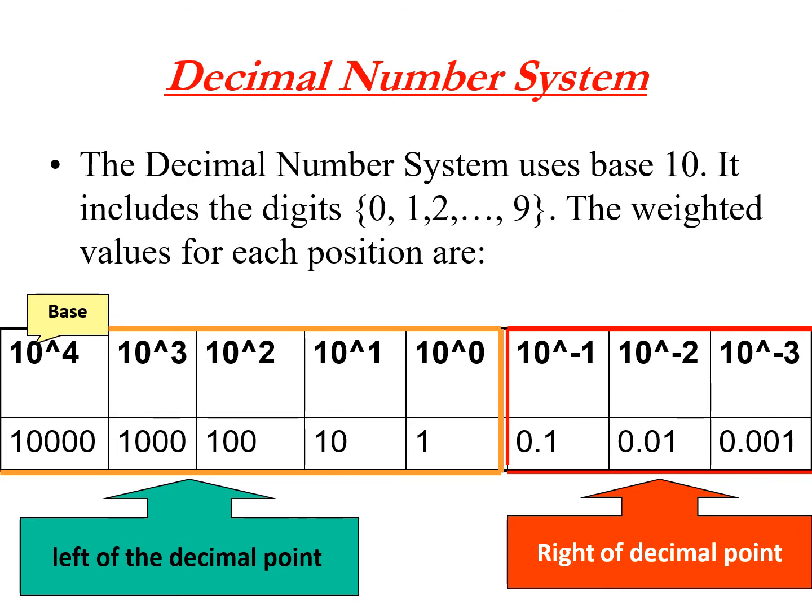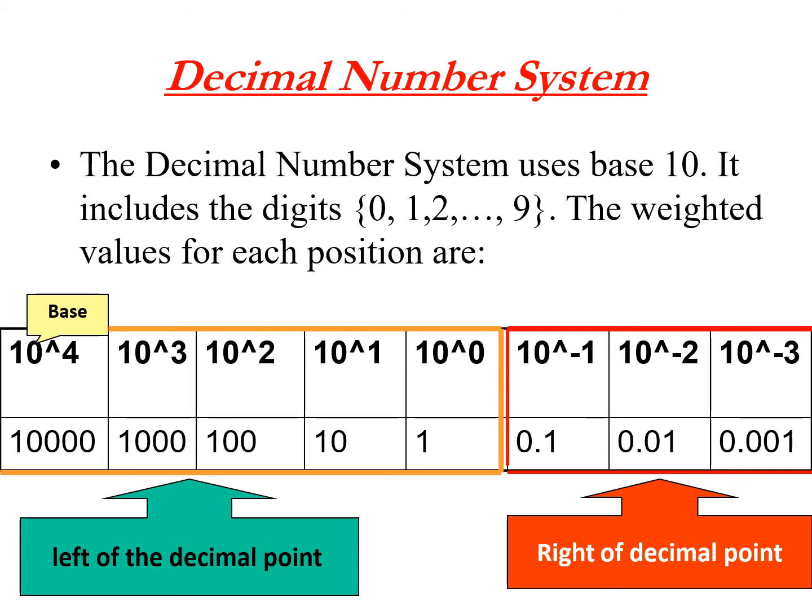Number written by using these digits is called a decimal number. Maximum value of a single digit is 9, one less than the value of the base. Each position of a digit represents a specific power of the base, that is 10. Weights for integer numbers are positive powers of 10 increasing from right to left, and for fractional numbers the weights are negative powers of 10 decreasing from left to right.